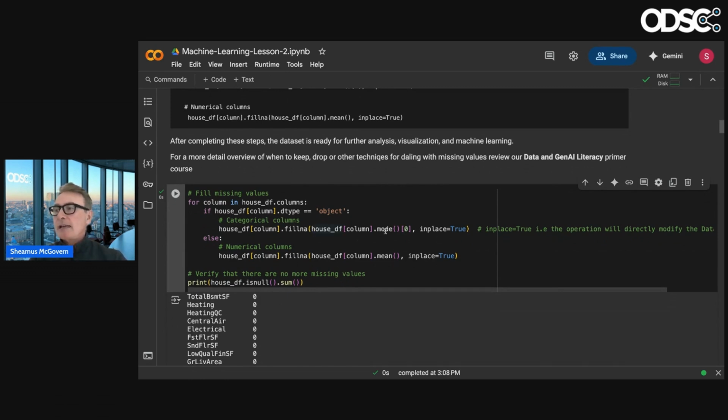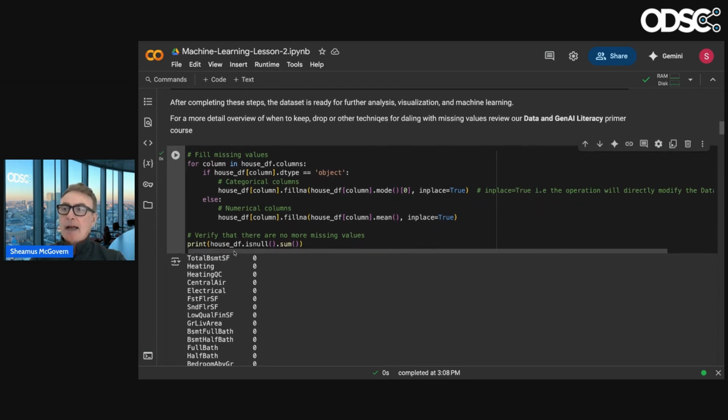look how quick this is. What we're doing here is, in a for loop, for each column, we iterate through all the columns, which are features. We're basically saying if it's an object, get the mode, and else, get the mean and update those missing values.